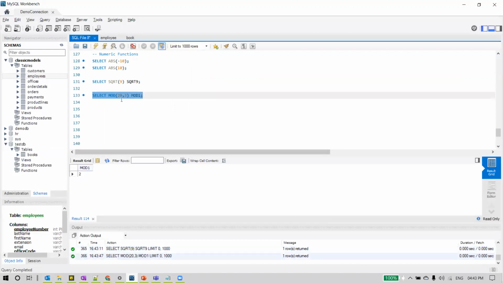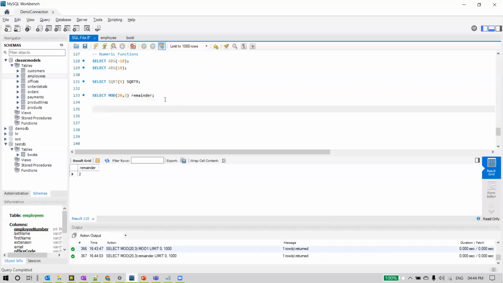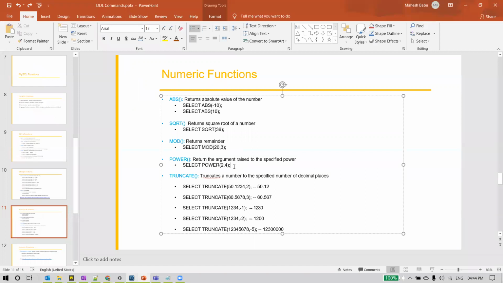And you can see here, when 20 is divided by 3, 3 sixes are 18, so 2 will be the remainder, and that is what we can see here. So that's the use of the MOD function, the modulus function. It returns us the remainder of those two numbers.